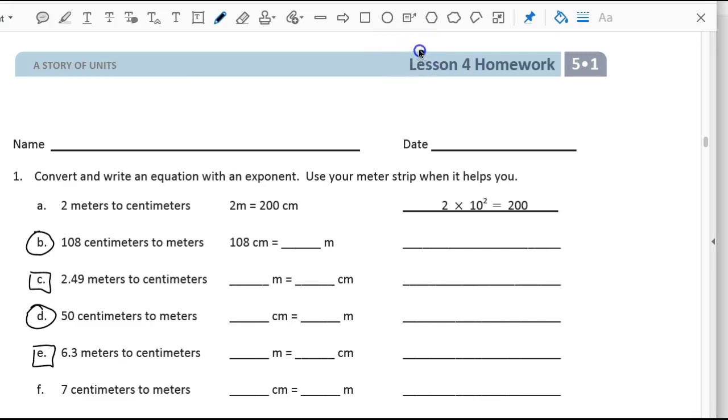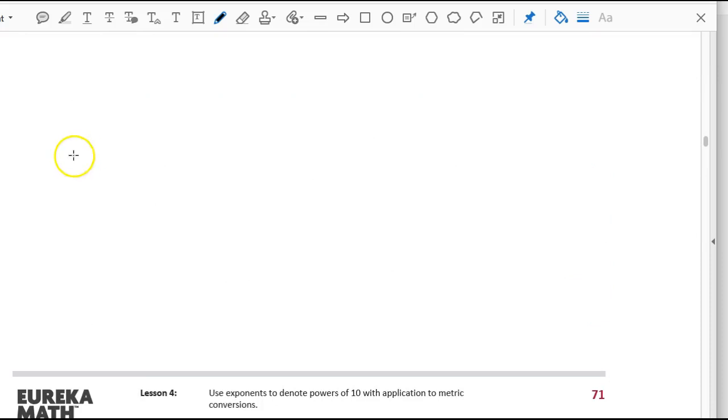Today we will be doing lesson 4. This one also uses exponents, but it's actually putting it into kind of a real world concept idea. And we're going to be thinking about a strip meter. It helps you, it says. And so you want to think about tape measures or like a measuring stick, things like that that we use that are bigger than rulers, because it's using a meter, which is kind of like a yardstick, but a little different. So when we think about these, the kinds of measurements that we're dealing with is